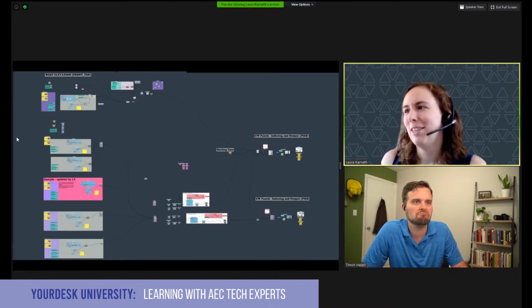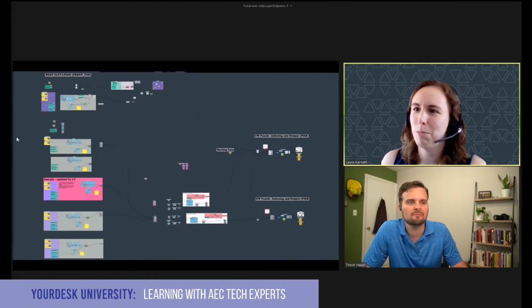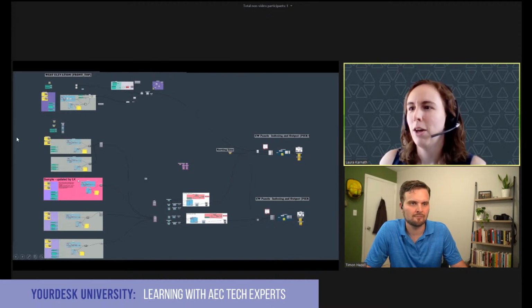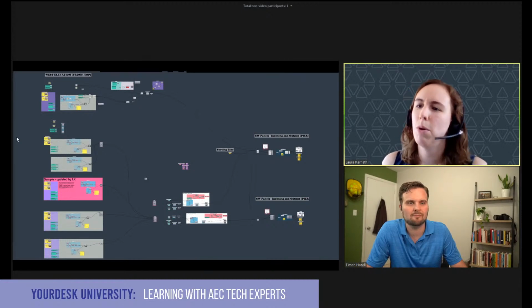So this is an actual canvas from an actual project. And this also looks at what I was getting at about doing things the simplest way. You can see that she has copy pasted the same groupings of Grasshopper components a couple of times, and that's fine if you're a beginner. You know, we don't need everyone to be masters of the data tree at the very beginning.